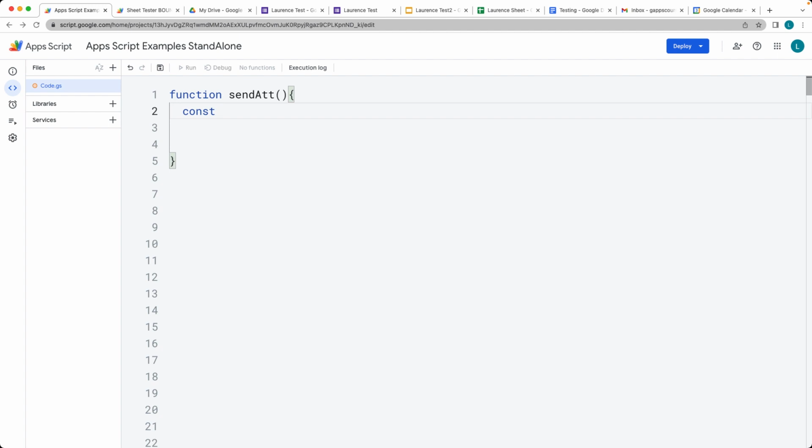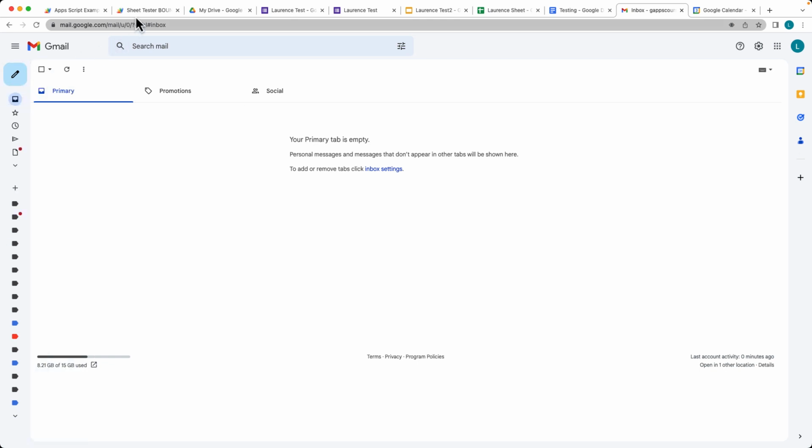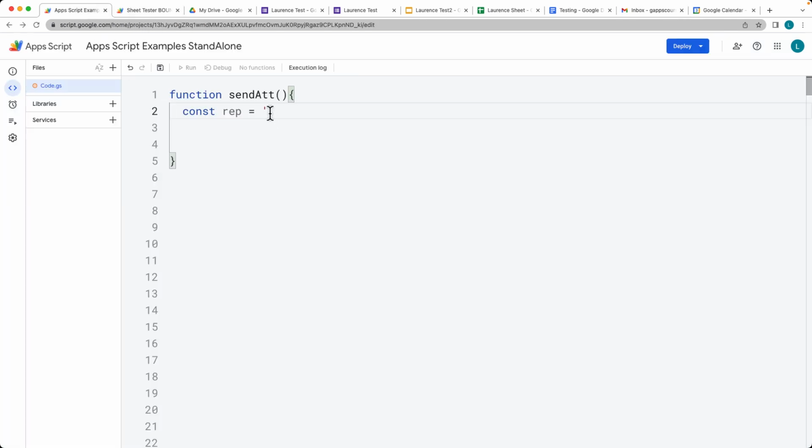And we need to get the recipient of the email. So that can be any email address. I'm going to be sending it to myself. So I've got an email here that I'm going to be using. You can also get the session user. So using the session, get active user, and then get email. So it's going to give the email of whatever the active user is,